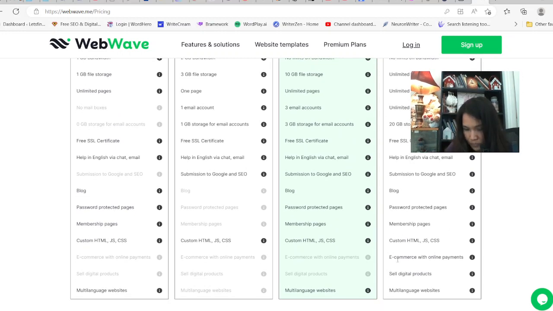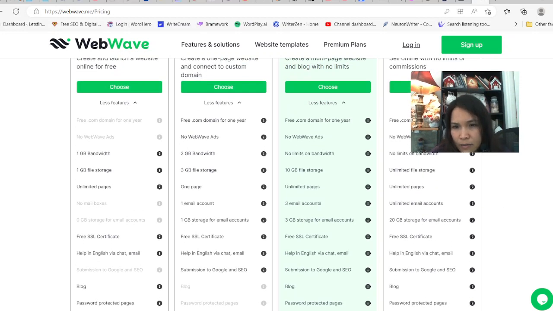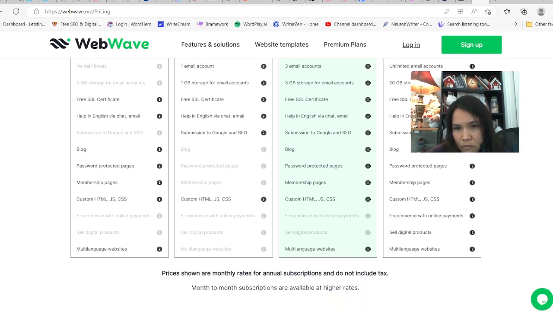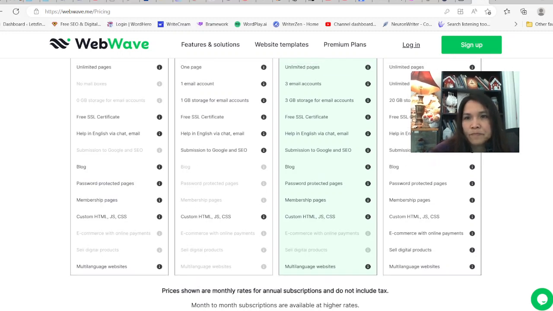Other places charge anywhere from 20 to 30 dollars to get an e-commerce up and running. Okay, and what else is here? And then you get storage and password protected pages. If you want to have your members log into that website to help them with something, then definitely this is going to be a great place to start.